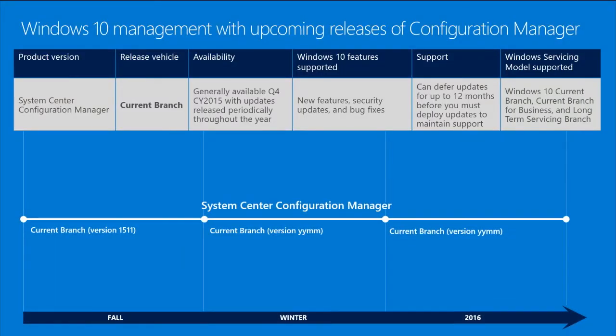So as I mentioned earlier, the upcoming release of Configuration Manager is yearless. It's yearless because its release vehicle is Current Branch. Current Branch means that we will keep it current till the end of time. It doesn't have a date whereby you need to go upgrade to the next version of Configuration Manager. We're iteratively releasing updates to Config Manager all throughout the year, year over year, and it's generally available in Q4